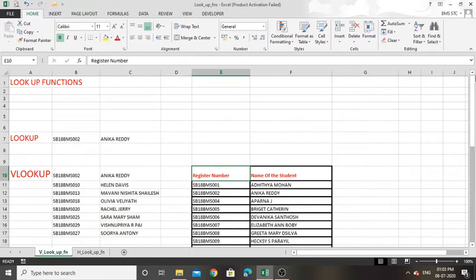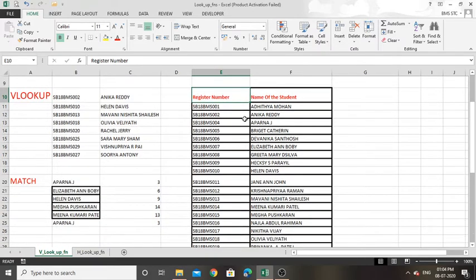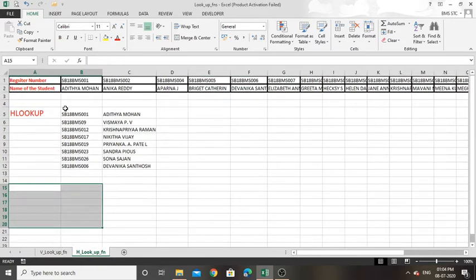So the Excel LOOKUP function will search for a particular value from a range of a table, either in a row manner or a column manner. So we have a table like this. If the table is like this, then it is a column oriented table, and if we have a table like this, then this will be a row wise or horizontal table.